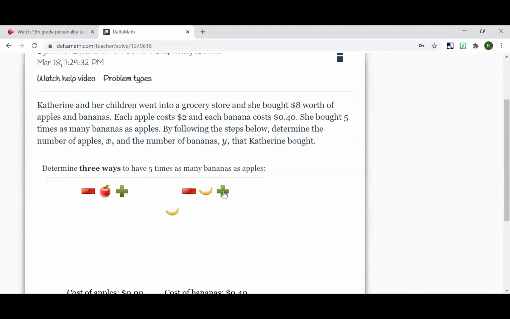So if I have 1 banana, I have 5 times as many. Oops, I said that wrong. Start with apples. So 1 apple, I have 5 times as many bananas. So how many bananas would I have? What's 5 times as many bananas as apples? So I have 1 apple, 1 times 5 would be